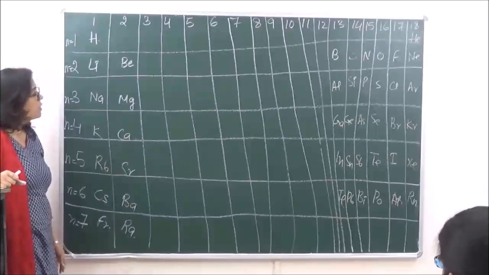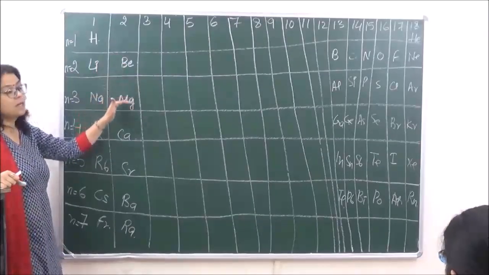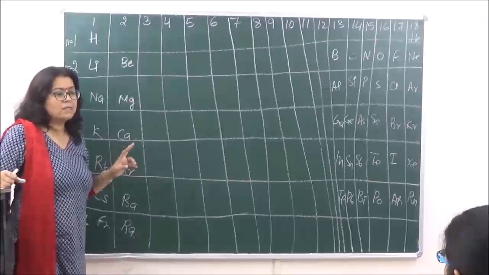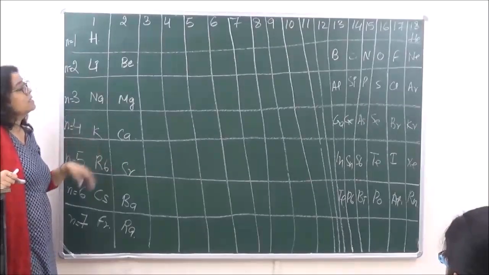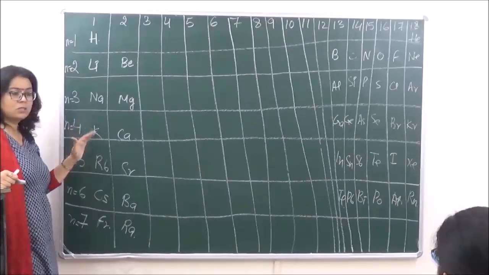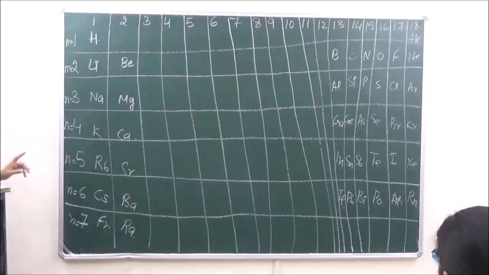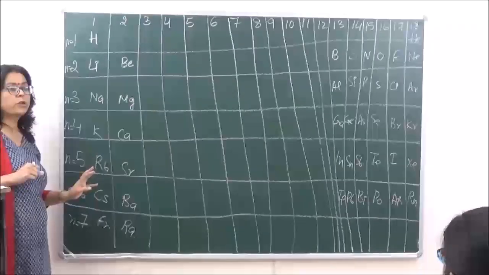Clear? Now when we are talking of the first, second and third period, we just wrote down that the first period only consists of 2 elements. One is hydrogen and the other one is helium. Right? Then the second one consists of how many? 8. The third consists of 8. The fourth is going to consist of 18. So over here, the 3rd to 12th is also going to be filled up.